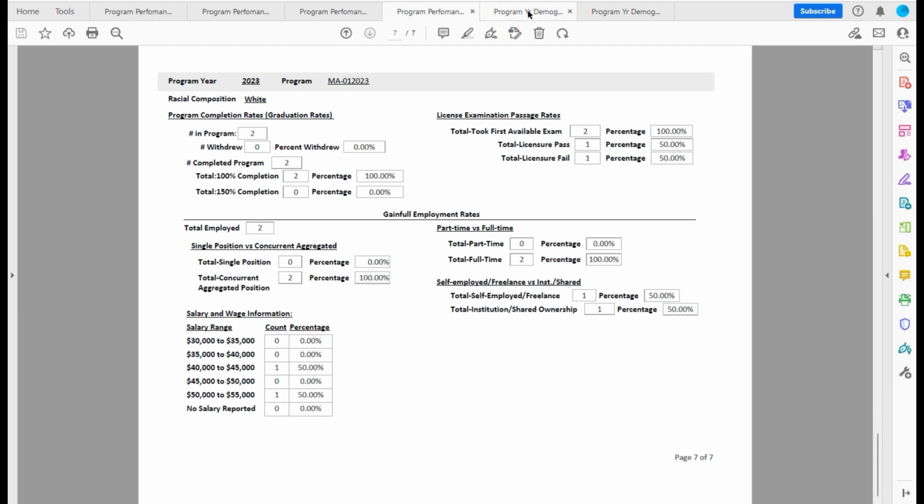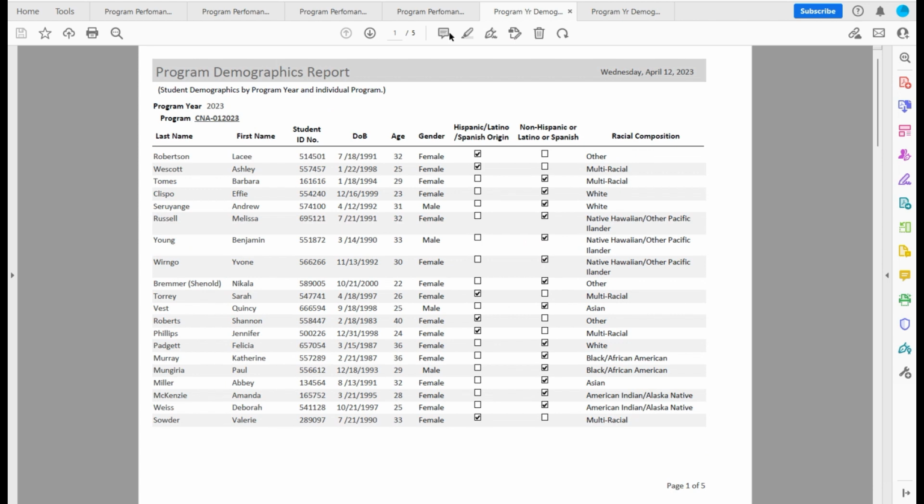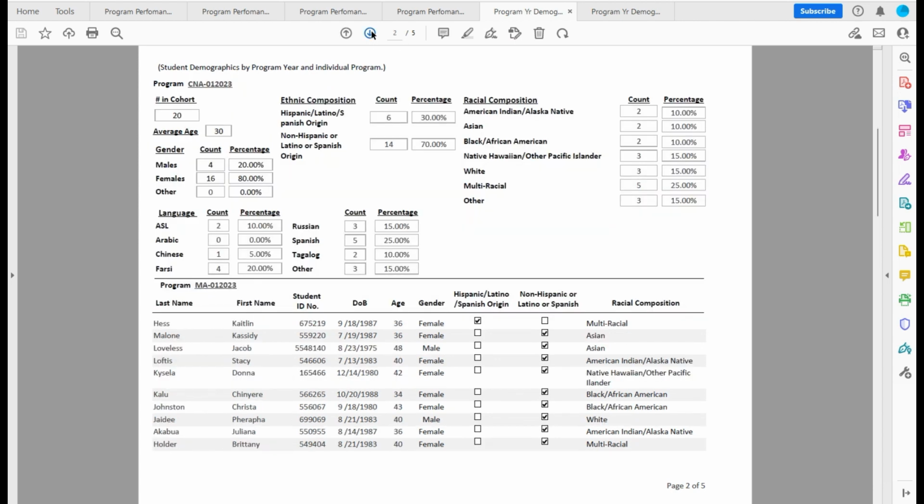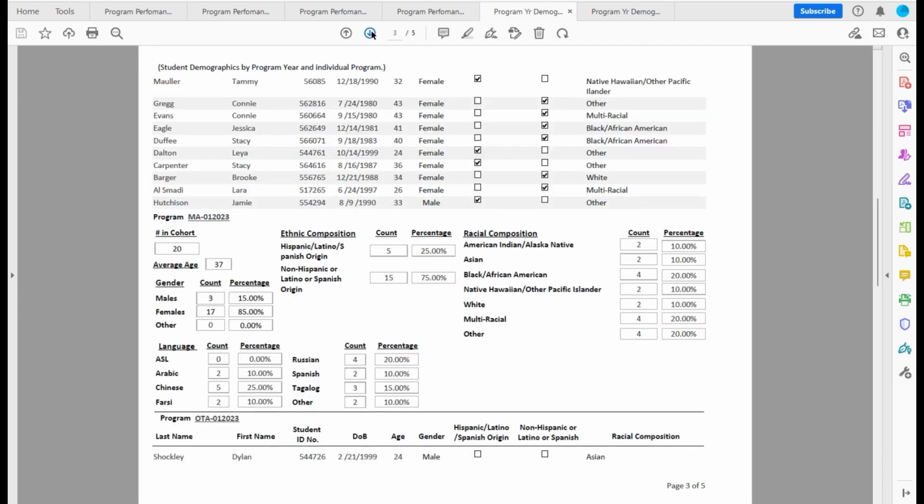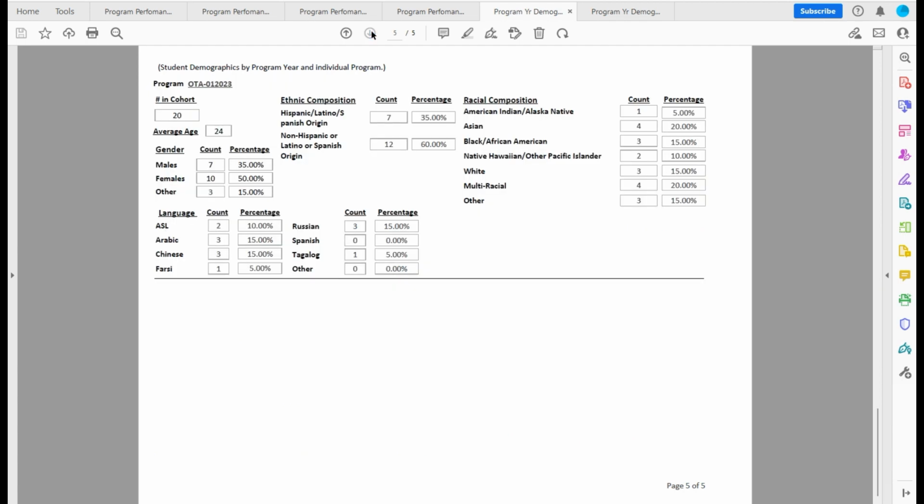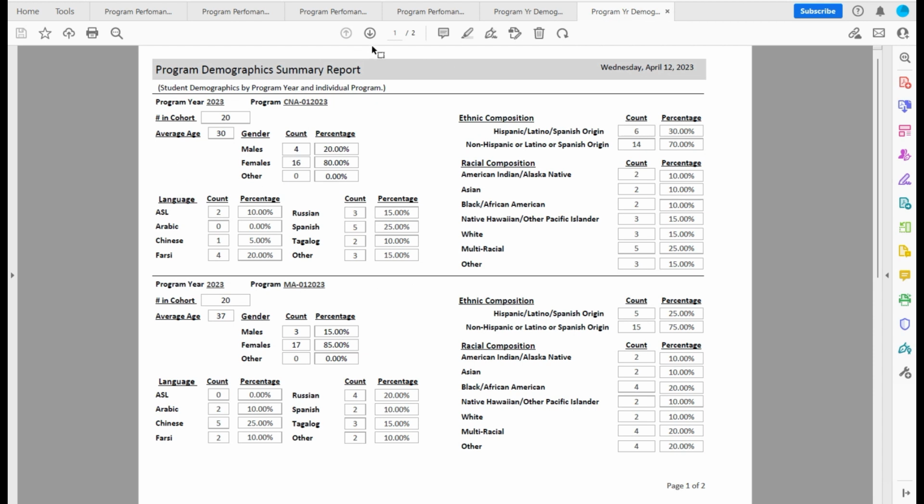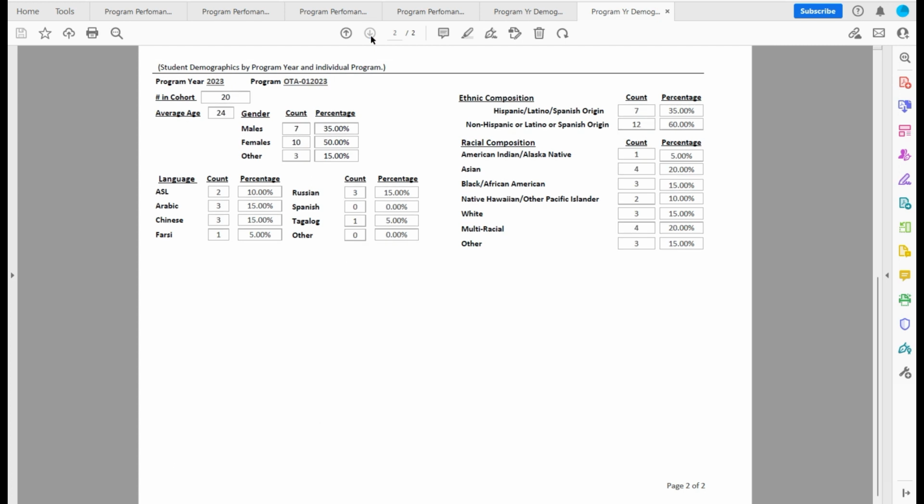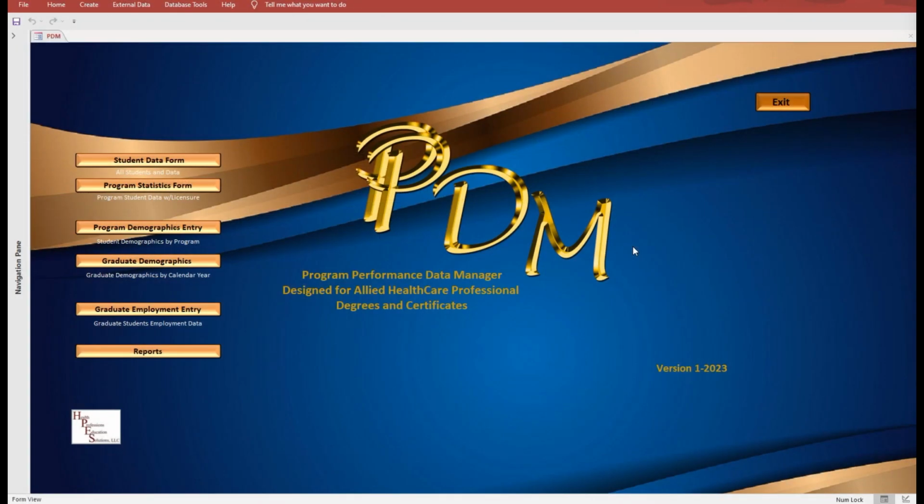The report features in PDM give you a complete picture of your program and students' performance, from individual program statistics to racial and ethnic composition performance statistics, as well as the demographic makeup of your individual programs and graduating cohorts. PDM is a program performance data management system designed specifically to fit the needs of allied health programs. Easily record and maintain program performance data while calculating the statistics you need for program reports, accreditation, and